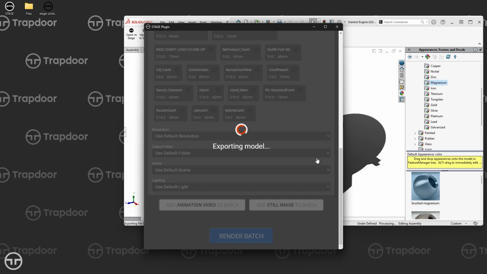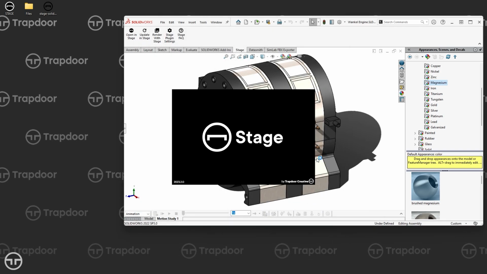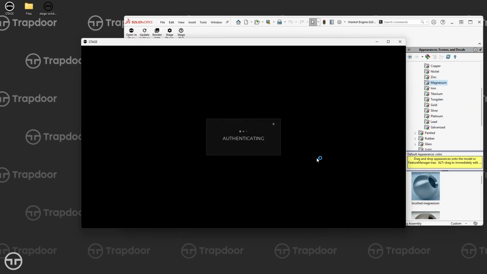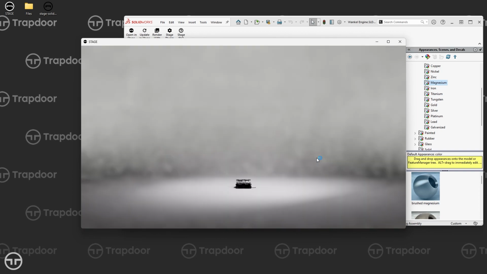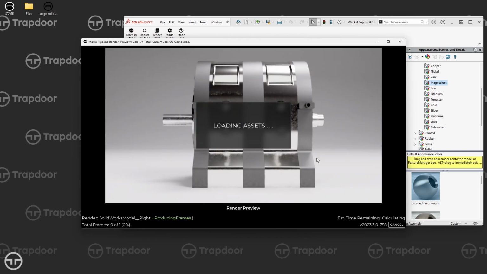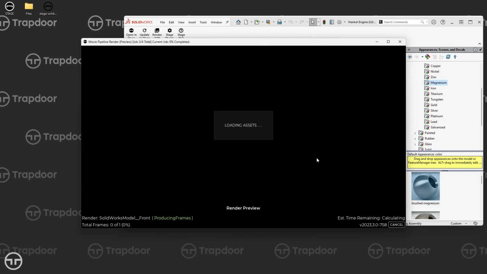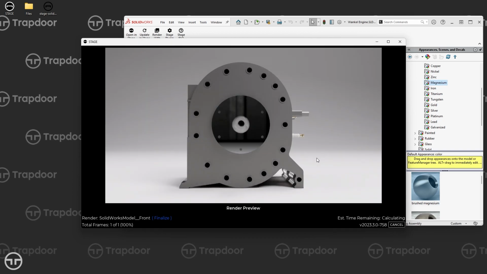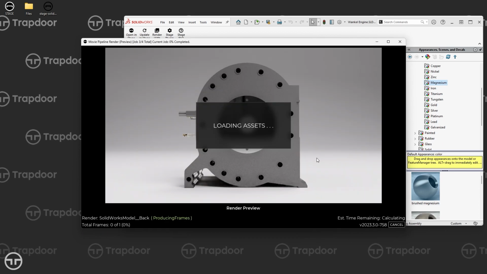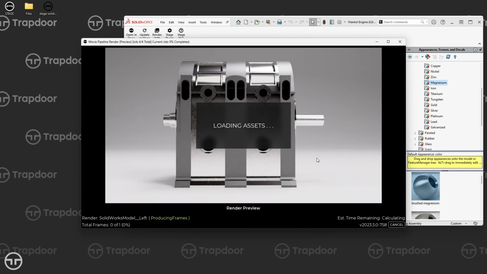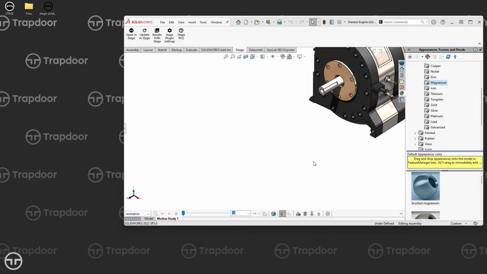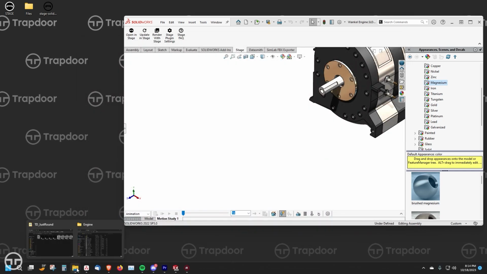Now, what it's going to do is export that, like instead of opening Stage, it's just going to open Stage behind the scenes and start rendering it. Okay, so it opens Stage, it opens the scene, it's going to start rendering, boom, render, render, render, and last one, right there. So very quickly, I got all the renders that I need